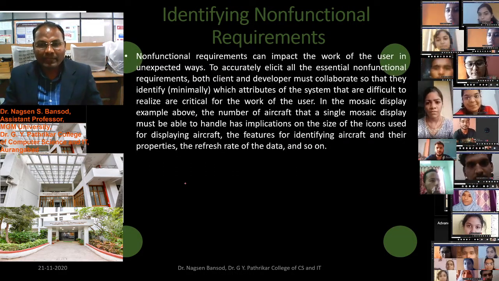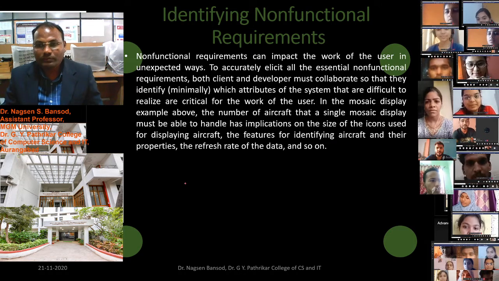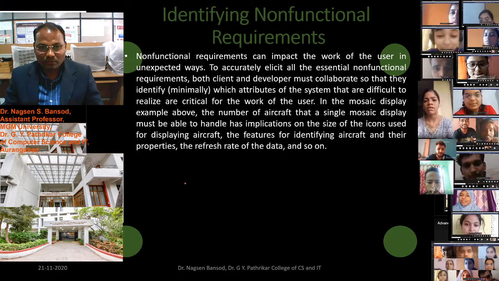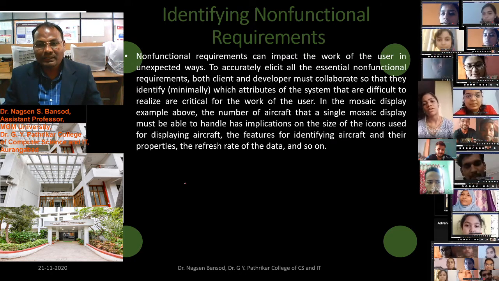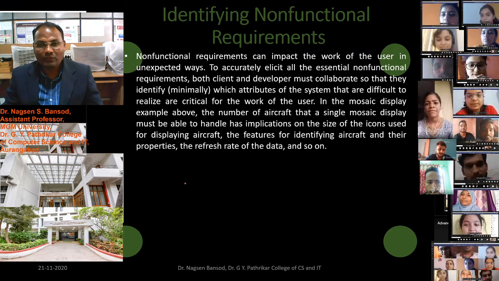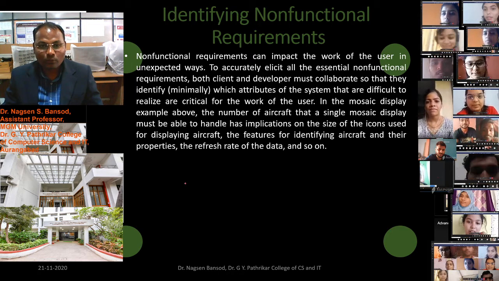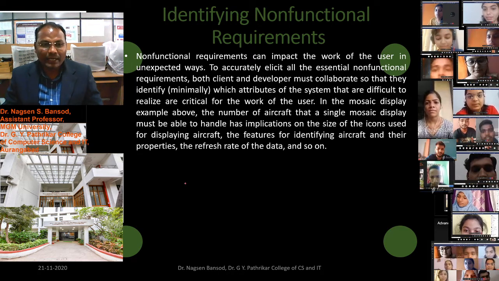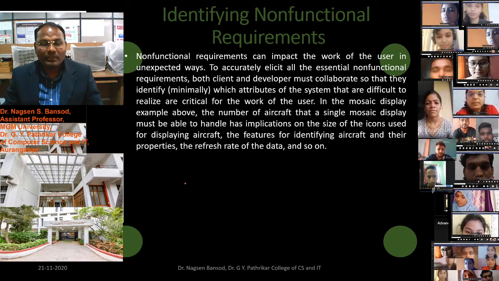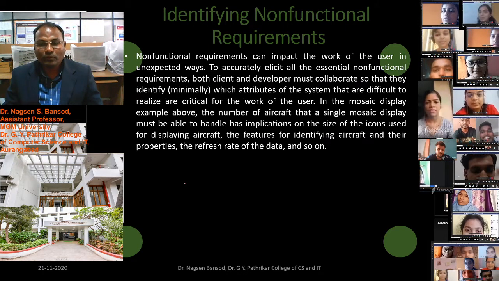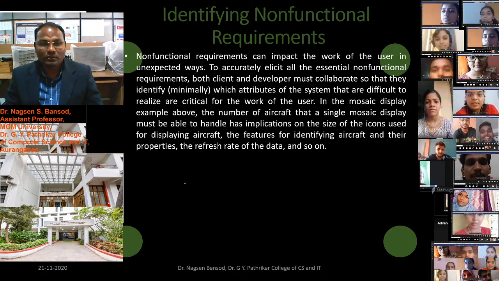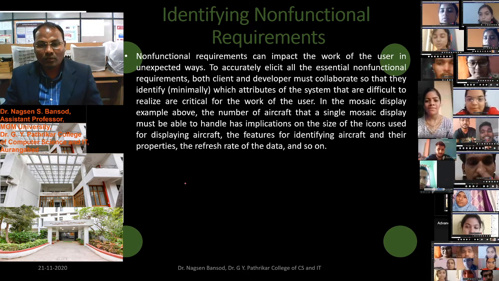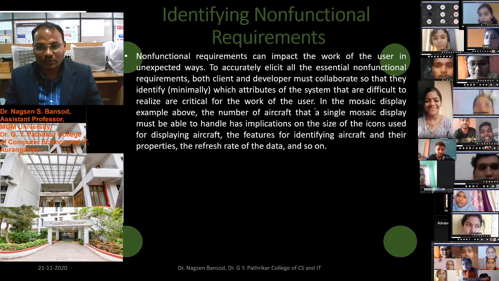Non-functional requirements can impact the work of the user in unexpected ways. To accurately elicit all the essential non-functional requirements, both client and developer must collaborate so that they identify minimally which attributes of the system that are difficult to realize are critical for the work of the user.